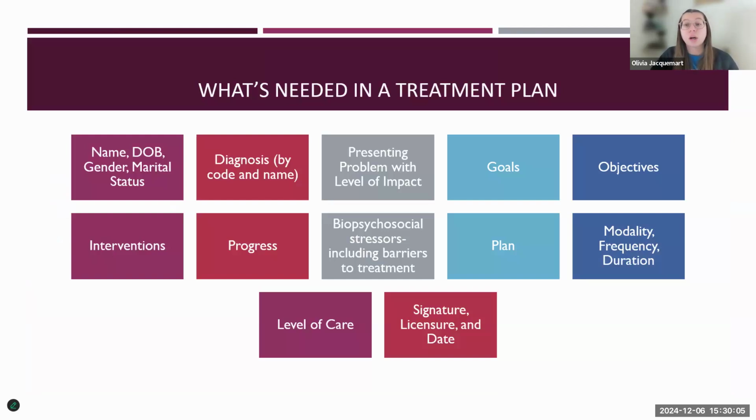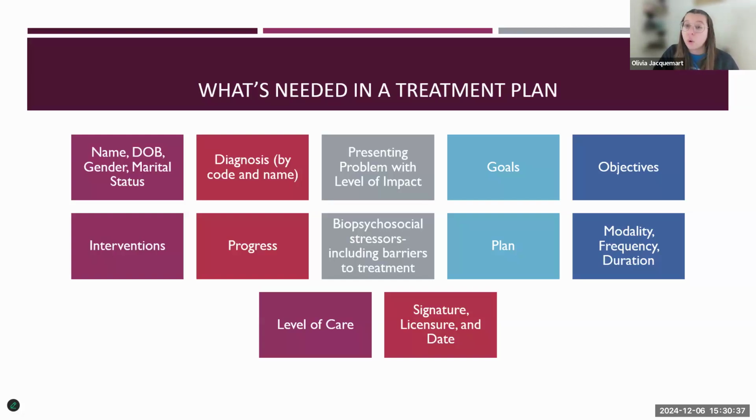There are multiple items that are required within the treatment plan, such as the client's name, their date of birth, gender, marital status, also their diagnosis, so the code and name. What is that F code and the name? So an example could be F33, major depressive disorder. And then that presenting problem with that level of impact, super important there. Reminder, we just talked about, we need to make sure we get that presenting problem. And then the